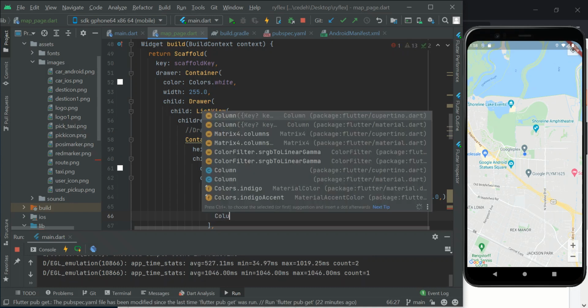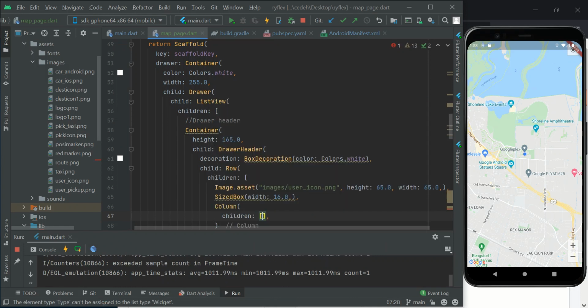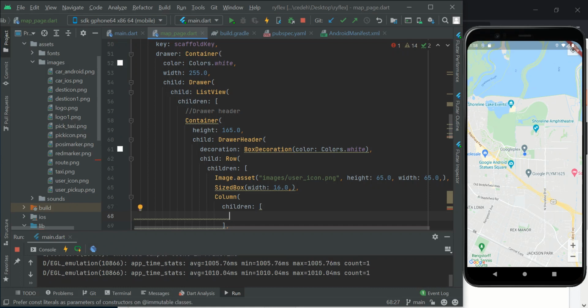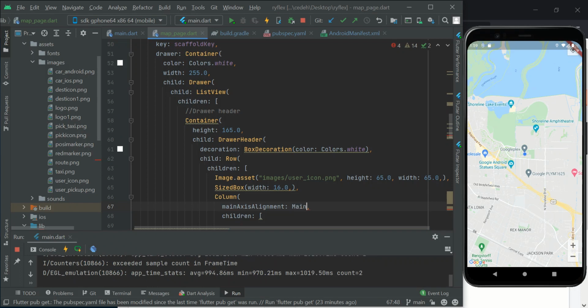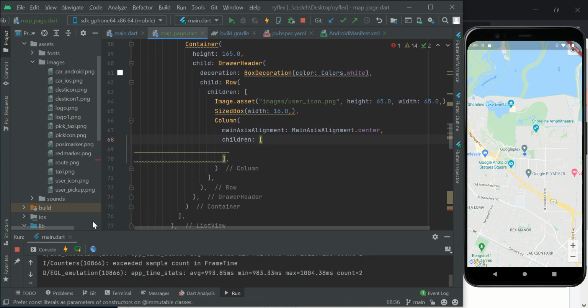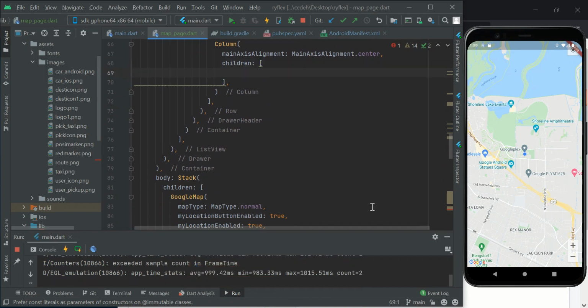column, children. I want the main axis alignment to be at the center. So we have main axis alignment dot center. So let's try and refresh and see if we can see anything we've done so far. Okay, we have this error somewhere. We've not added any icon to it. So let's just keep on building and